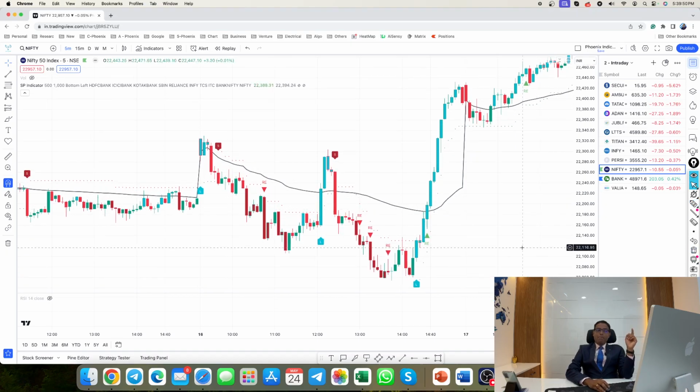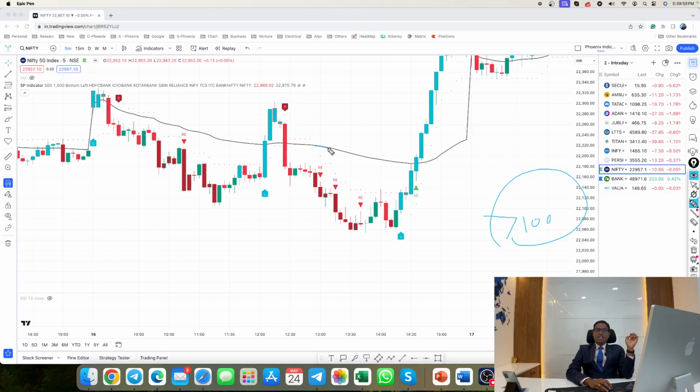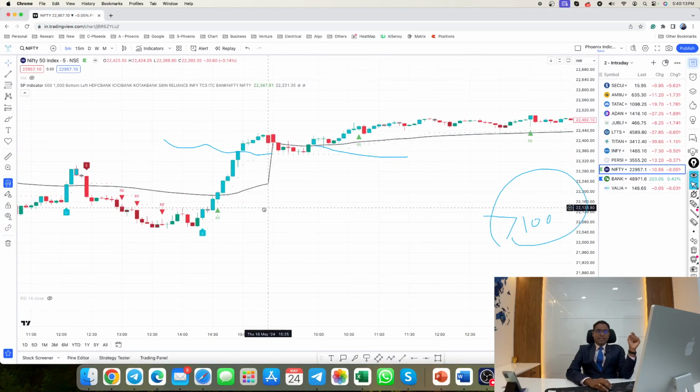Now you can make an entry in these cases provided there is a move of greater than 100 points from our black line to the candle. That is a good entry to go long. You need to avoid it when the long comes on these sides. We have to completely avoid it. To show an example of that side,